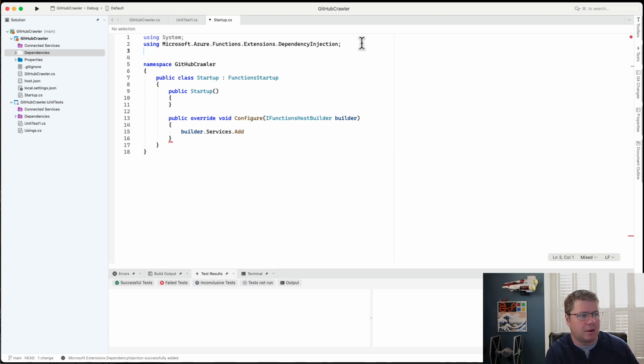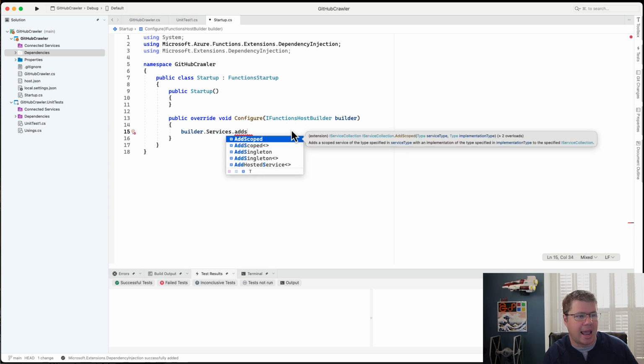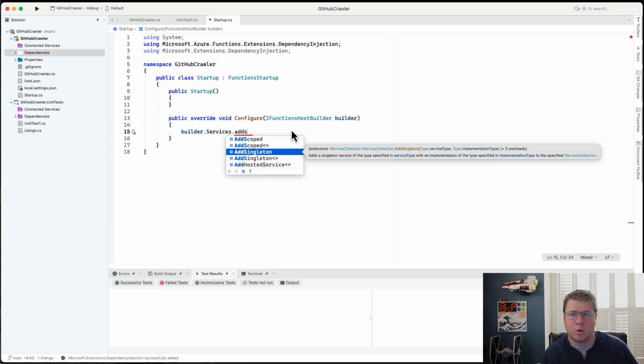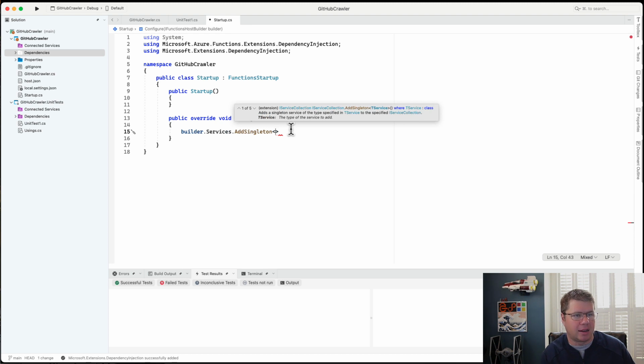So if I go here and I go using Microsoft.Azure, adding that namespace allows me to use these AddScoped, AddSingleton, which we all know and love, which allows us to do what I mentioned earlier, associate an interface with a concrete class. And we'll do that here in a second. But basically you've got TService. I'm just going to stub this out. I'm going to call this my